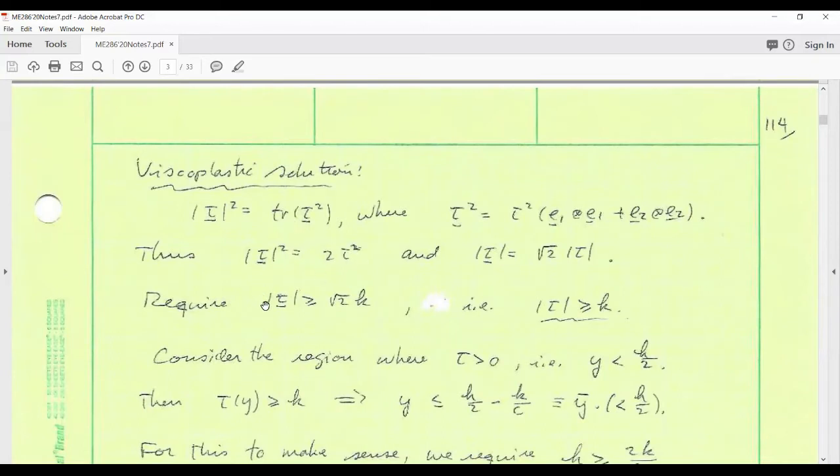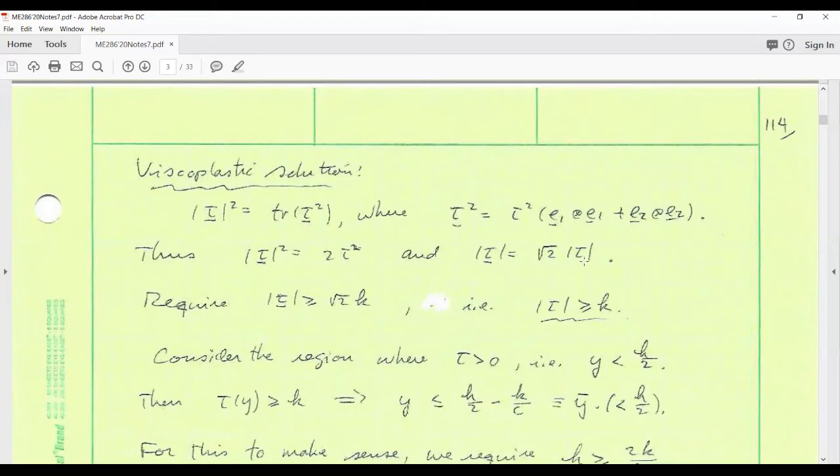We need to determine whether or not our flow condition is satisfied. The norm of tau has to exceed root 2 times the shear stress in shear. Otherwise, there's no flow, d equals 0, right? So we need to look at that first. The squared norm of tau is the trace of the square of tau. And if we square the tau we had a moment ago, tau tensor was tau scalar E1 tensor E2 plus E2 tensor E1. Square that and you get this expression for tau squared. Trace of that is 2 tau squared. So that's the squared norm of tau. So the norm of tau itself is root 2 times the absolute value of this scalar tau,